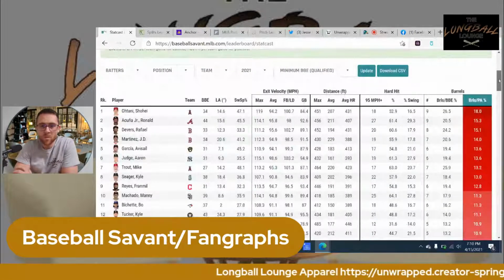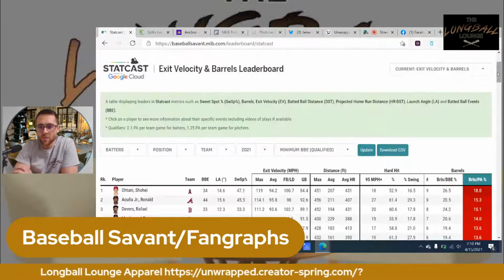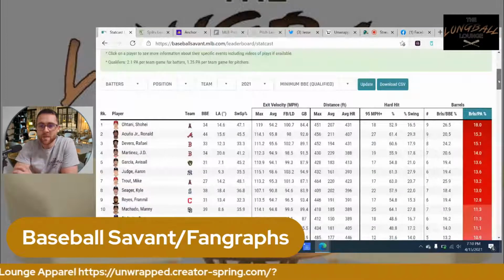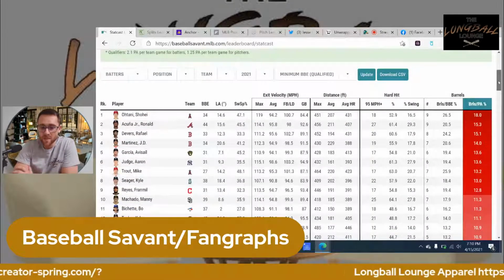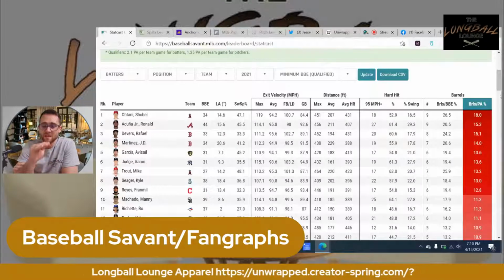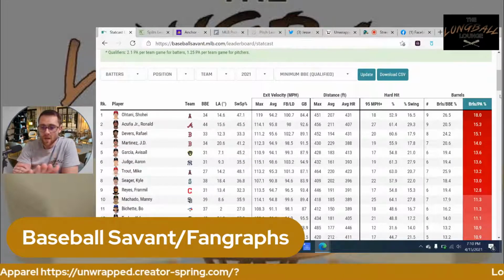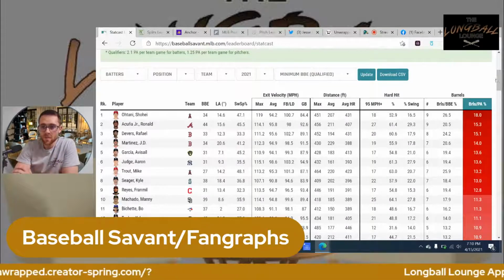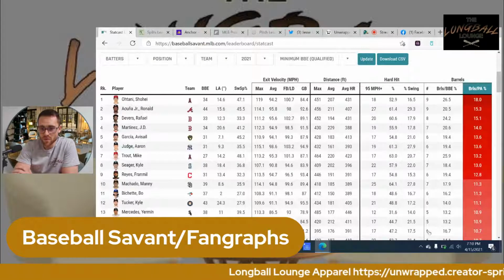Leaderboards. If you go to the leaderboards, it's automatically probably going to take you to the barrels per plate appearances. That's obviously important because, as we discussed earlier, barrels are the best way to hit home runs, basically. When you hit that sweet spot of the bat, hard hit, launch angle, perfect for causing damage, doubles, triples, home runs.